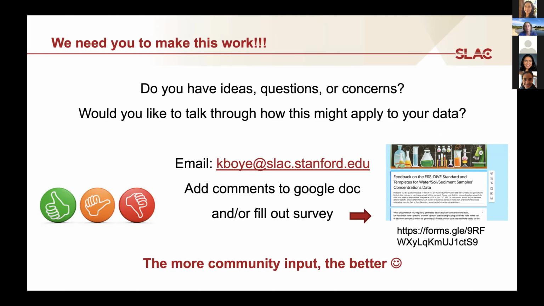But much more, I would prefer to discuss with you and talk with you so that I can get a better understanding of what works and what doesn't work, and how you're organizing this kind of data at the moment, so that this standard can be useful for everybody, both for those who already have